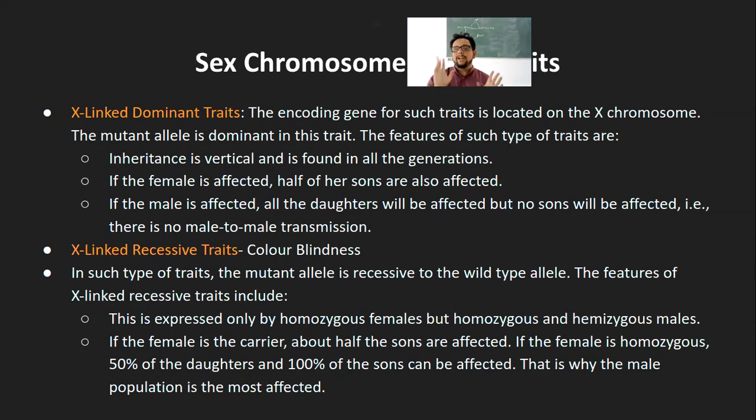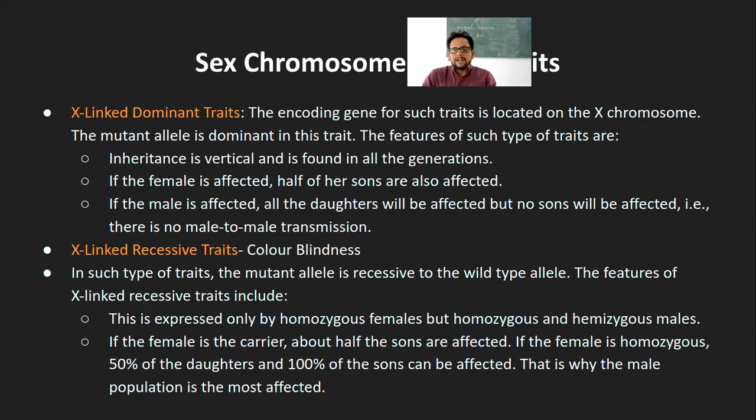So even if it is a heterozygous individual, it will still have one copy of the trait which is dominant, and it is going to express. So that is when it says inheritance is vertical. That means along the hierarchy of the family or family tree, it will be found in all the generations, and it will always be there because both the copies of the X-linked dominant trait will have this particular either of the X chromosome going on to the next generation.